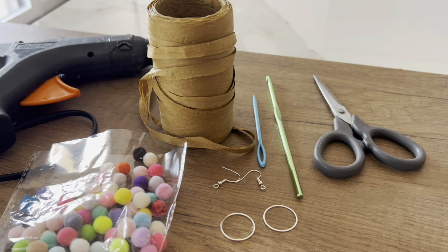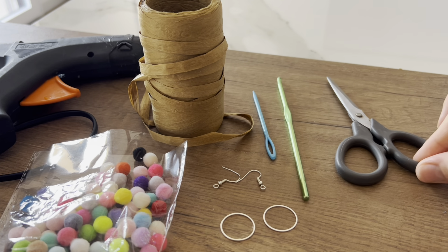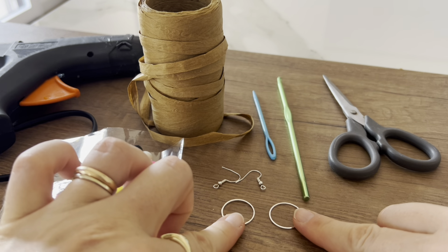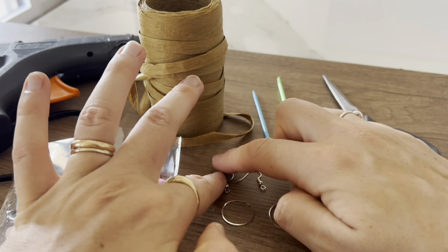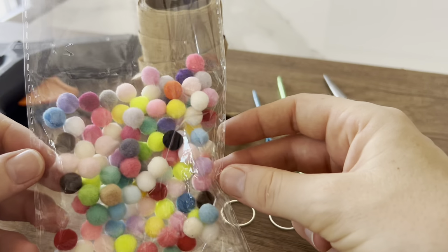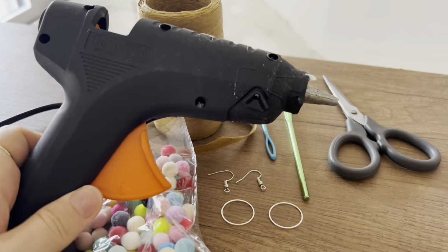For the first earrings, we will need the following materials. We're going to use a raffia yarn, a crochet hook size 4 millimeters, a yarn needle (if you have a smaller one, it's even better), scissors, 2 rings that are 2 centimeters, earring hangers, little pompons that are 1 centimeter, and a glue gun. We will start by grabbing one of the rings,